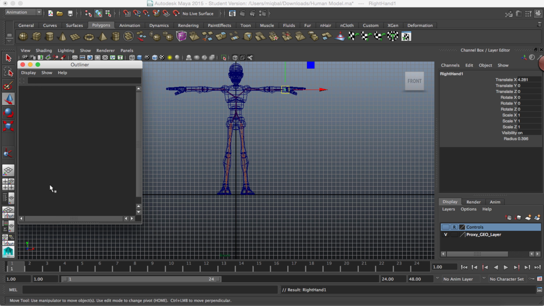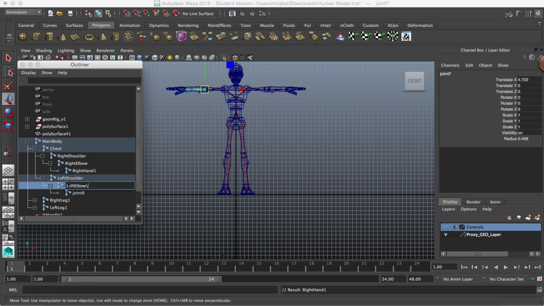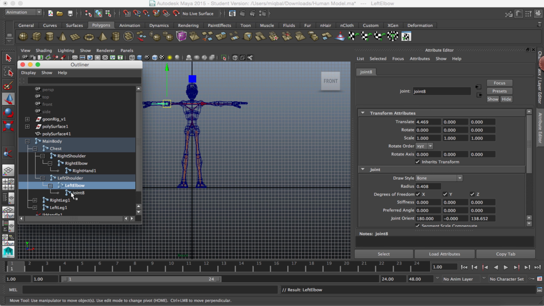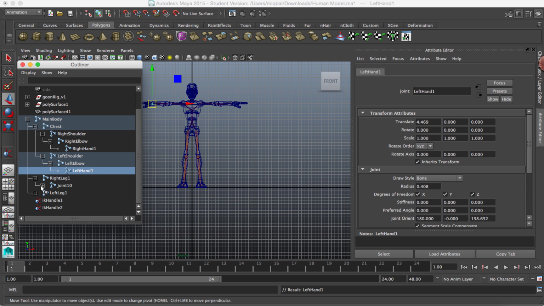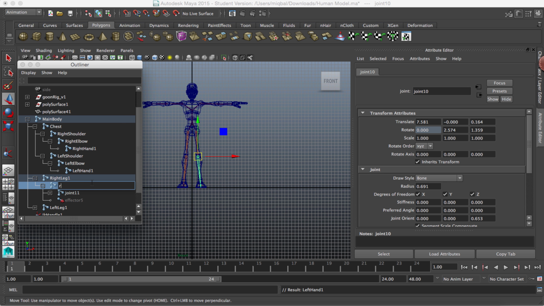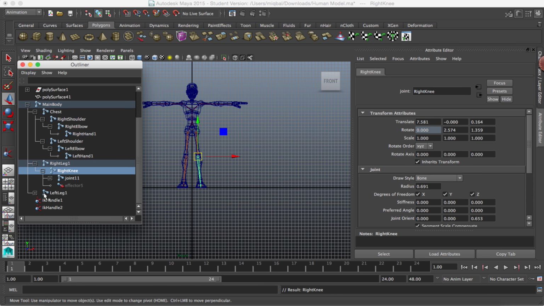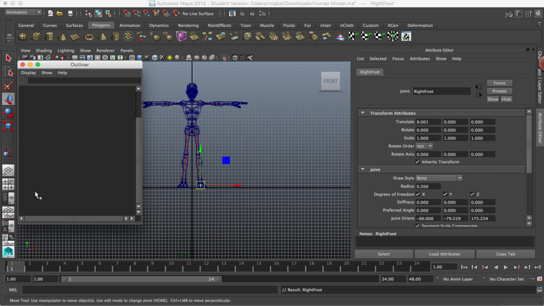Then we have similarly left elbow, and left hand. I'm making so many typos, you know. Left hand. Maybe I have this already. I don't know. Sounds strange. So let's come here. This is right knee, I'm going to leave that for now because I know what this is. Or maybe quickly right foot,